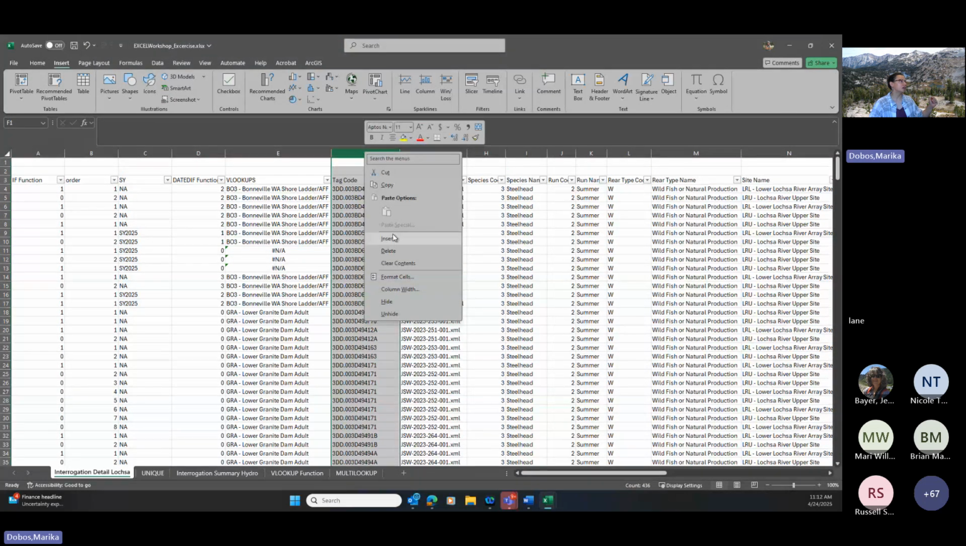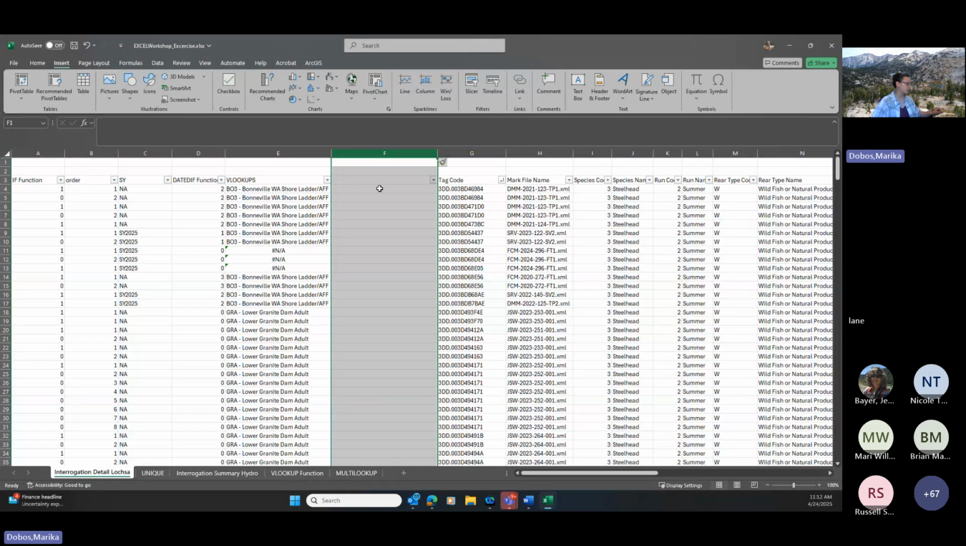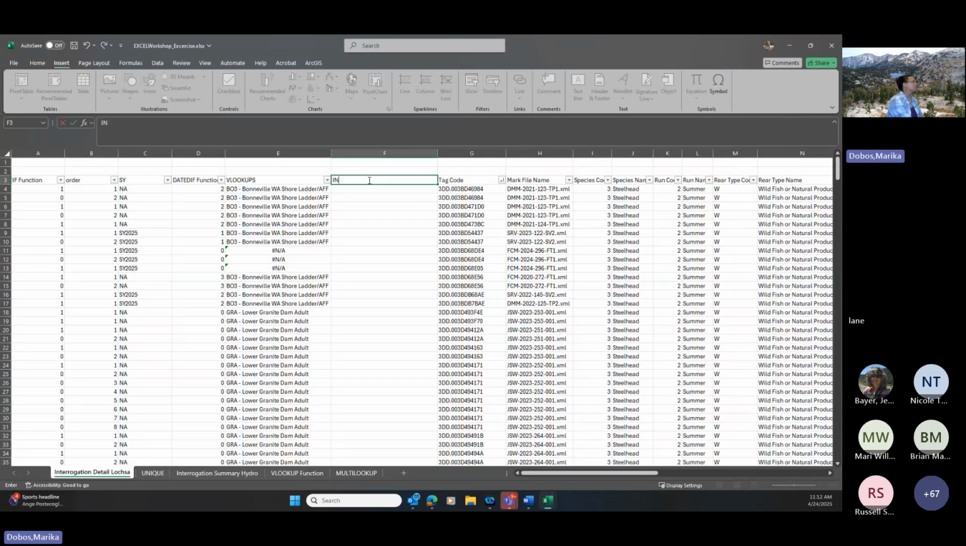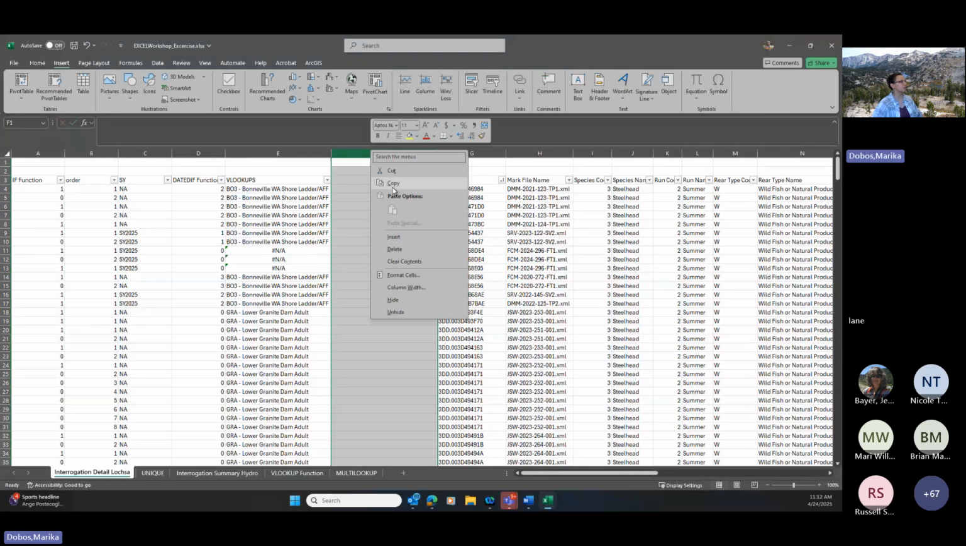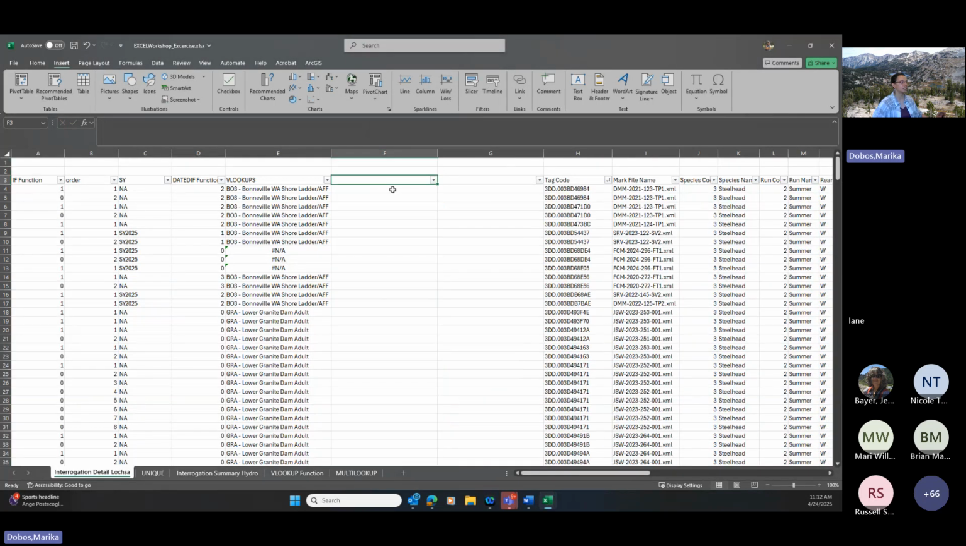So that's VLOOKUPs. The two other methods I wanted to go over were INDEX and MATCH combined, and then XLOOKUP, which Corey brought up. So INDEX MATCH is a two-step process. I'll show you them separately, and then you can combine those by embedding one into the other. So if we run the MATCH part of this code,